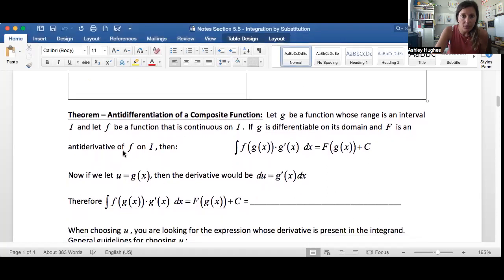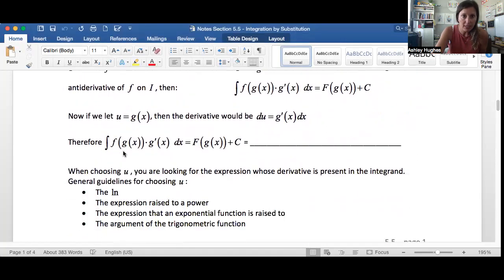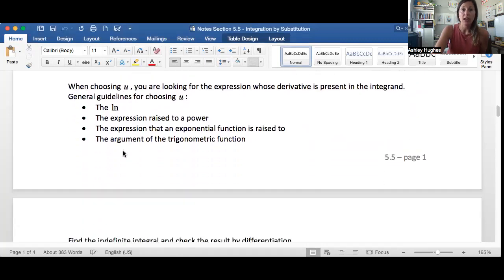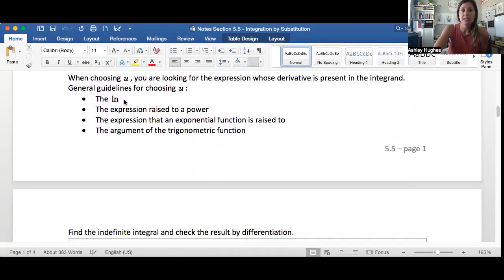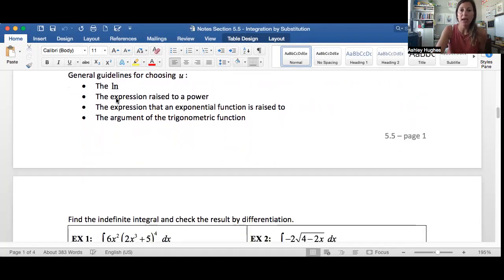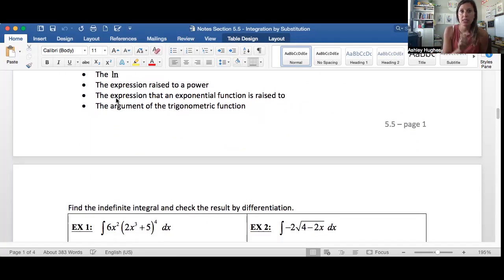Okay, so this is talking about guidelines for choosing u. If it's inside the natural log, like the argument, you choose that to be u. If it's raised to a power, like the one we just did. If it's an expression that an exponential function is raised to, so that's like e to the 2x, so if it's something with an e,